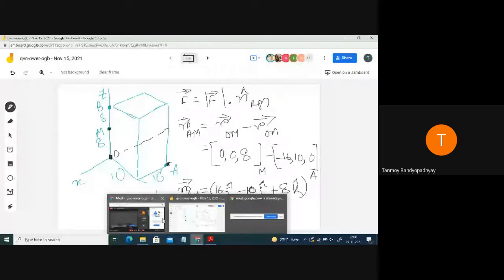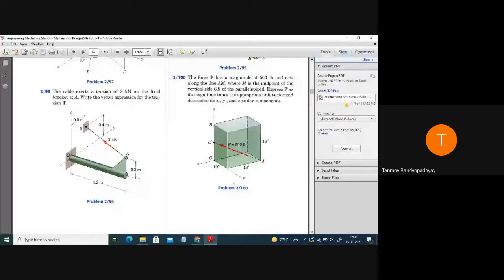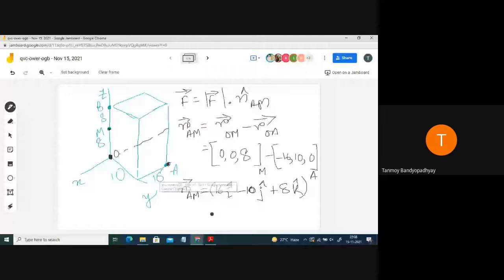Okay, so this problem, see this part; the other parts you can do. You can just write down the answers, I am just telling you the answers. Fx is actually 390 pounds. Write it down, you complete it at your home. The other part you can do, I hope. This is 690 pounds. Fy is actually minus 244 pounds and Fz will come out to be 198.2 pounds. So complete it at your home.